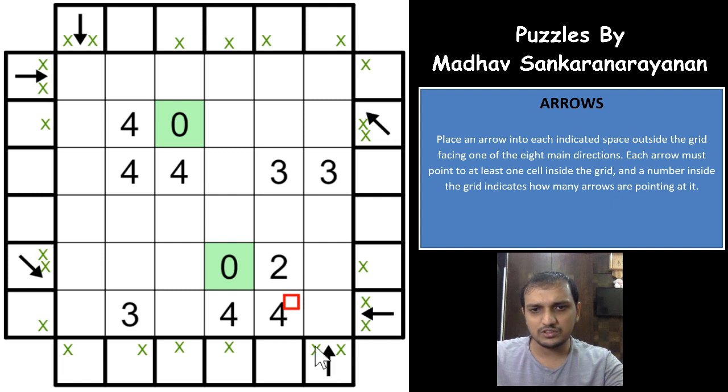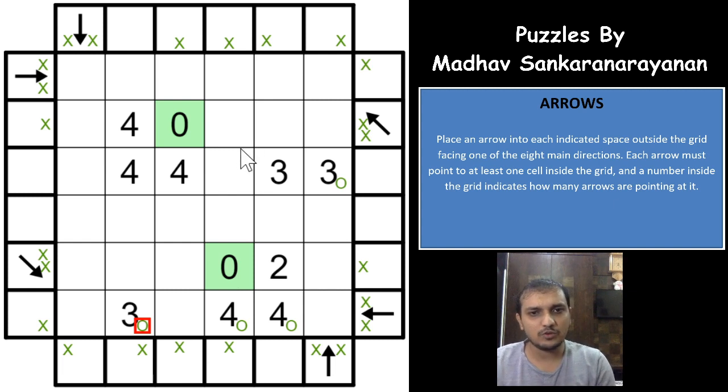And now comes the notation here. So first, going with this arrow, you point the 3. Going with this arrow, you point the 4 and 3. Going with this arrow, it's pointing nothing here. Going with this arrow, again pointing nothing. This arrow is pointing nothing, and this arrow is pointing nothing. Okay, so we have done till this now, and let us see what we have now.